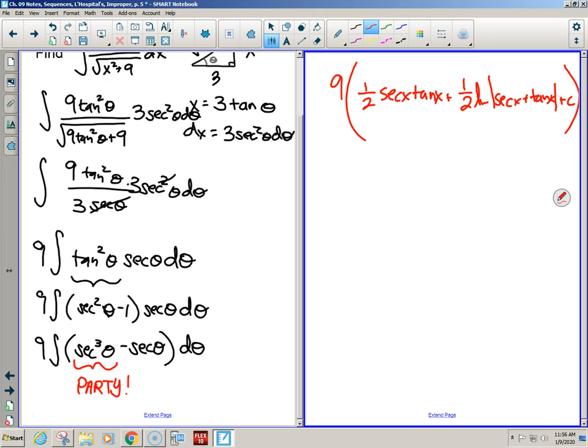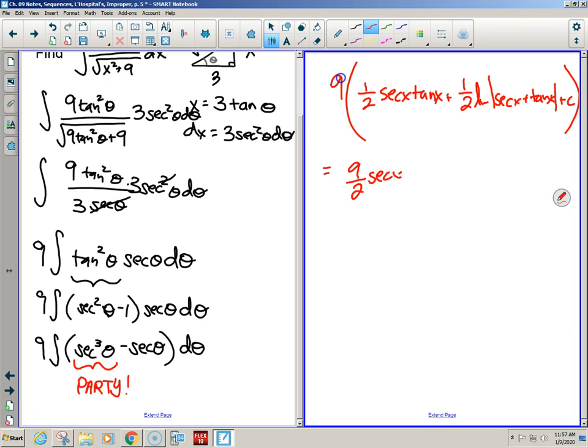So, did we have time to do secant cubed together with integration by parts yesterday? No. But that's why it was a party, because you had to figure out how to do it, but once you do it once, you can then use it for any future problems that you need. So even right now, is this you doing it once? Not unless you just wrote all that down. Which means you still have to do it once. But otherwise, you can say it's